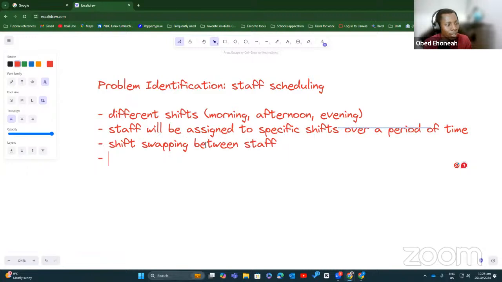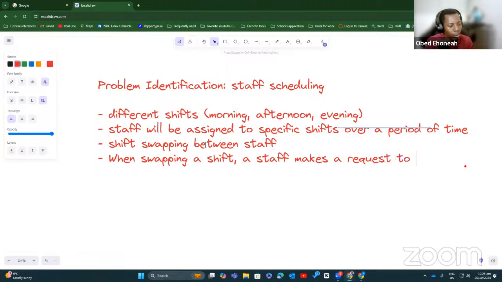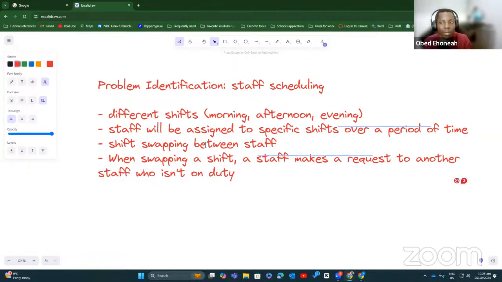Let's see, what did I say? Shift swapping. When swapping a shift, the staff makes a request to another staff who isn't on duty. So you can't swap the same shift with someone else who is on duty with you.